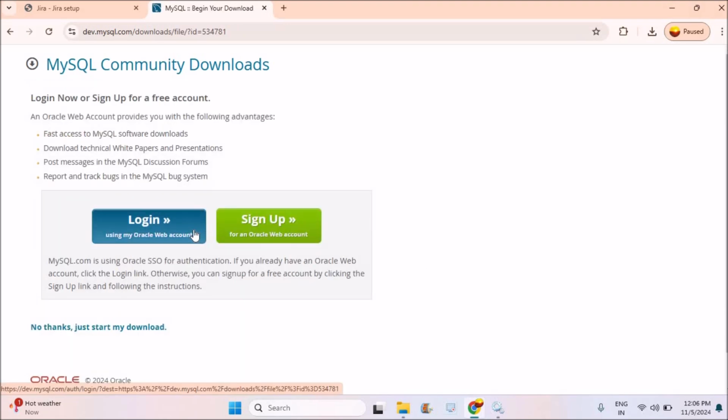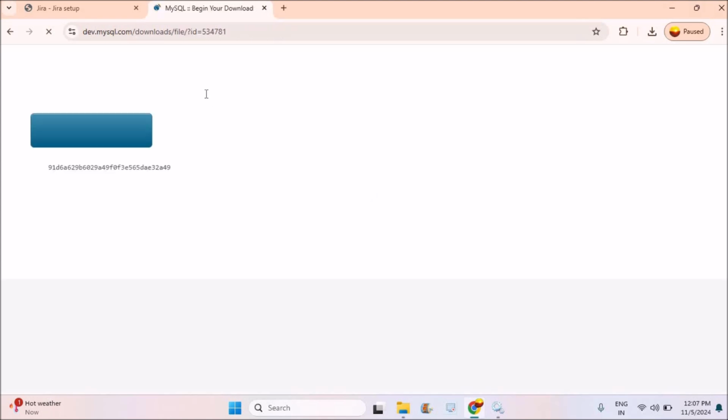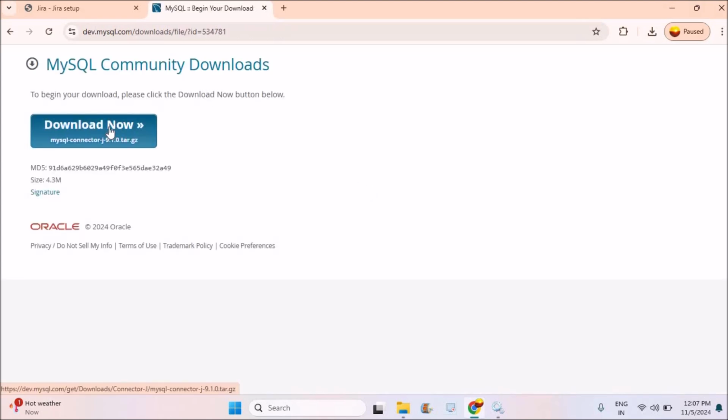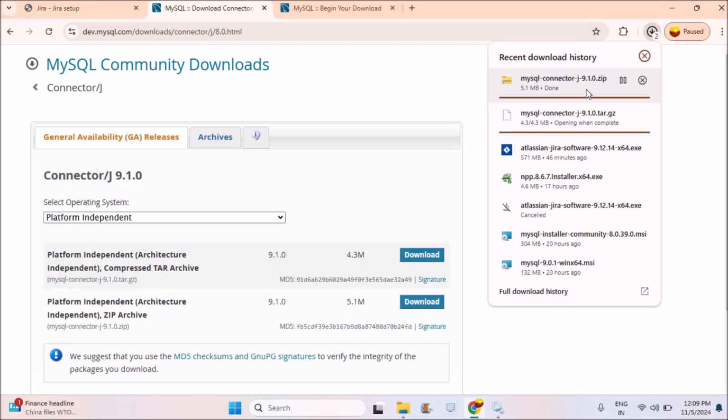When I click on download, it is asking me to log in to my Oracle account. I have an Oracle account. During the MySQL download I created this. So just log in with your Oracle account and you will get the download option. When you click on this download option, a zip or compressed folder gets downloaded to your computer. See, this is the MySQL connector jar file